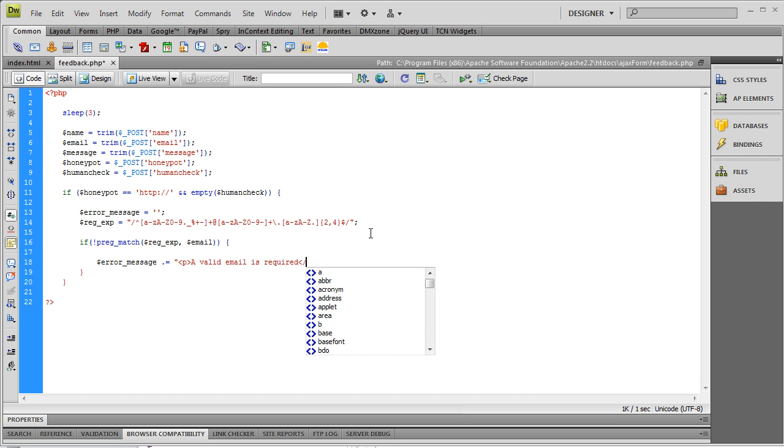Close our paragraph tag off, and a semicolon. So we're done with the email. Let's check our name. We'll use PHP's empty function: if our name variable is empty, then let's add another error